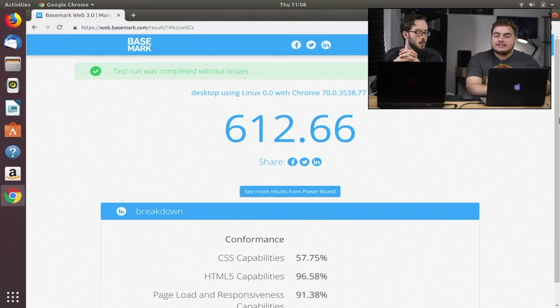What I will say, though, is I equate this pretty much to optimization from the web browsers. I actually don't think we're seeing too much of an operating system performance issue here, which is great. That means no matter what operating system you're using, you're going to have a really good web experience, which for the average consumer is probably 90% of what you do on a computer nowadays. So now for my opinion, no matter what operating system you choose, you're going to have a decent web experience, which is, again, very important to the average consumer.